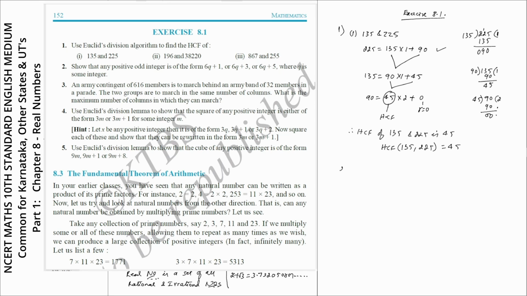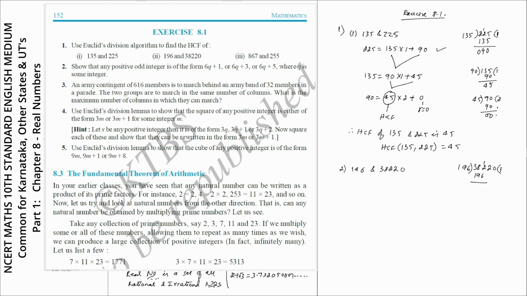Now sub question 2, the given numbers are 196 and 38220. Now I'll divide the greatest number by smallest number. 38220 divided by 196. So now 196 into 1 is 196. So now